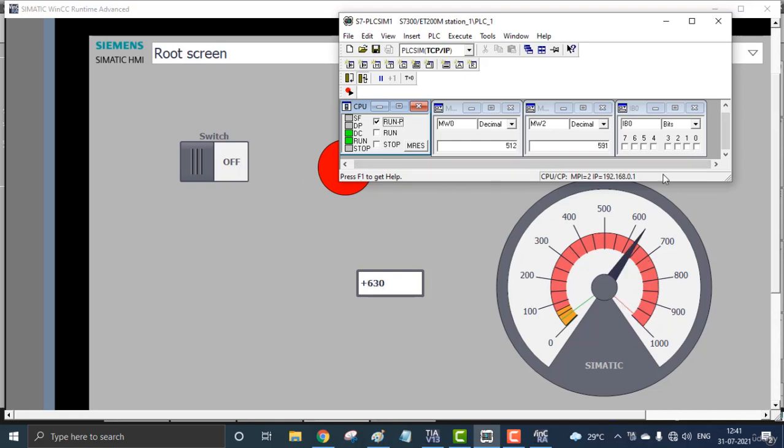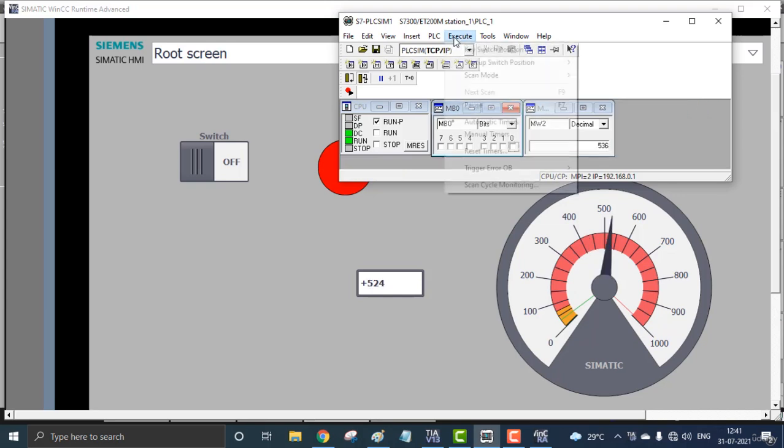And if you turn on not the input bit 0, but M0.0, MB0, that is used for making the bits on. So here you can see the M0.0. This is the switch right here. I'm using the switch here. Click on. See, the PLC can control the switch and the output.